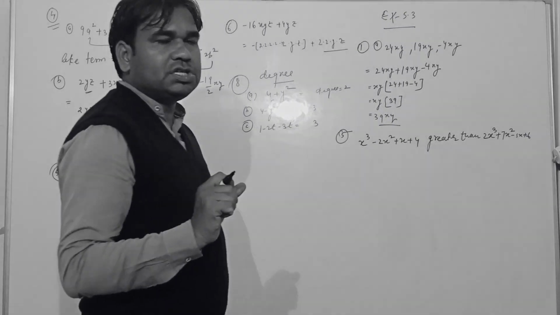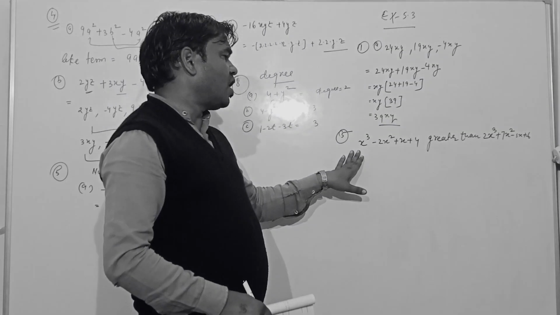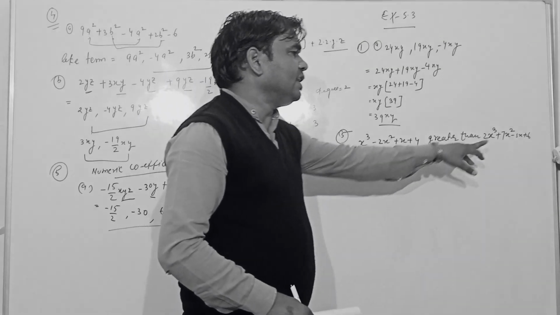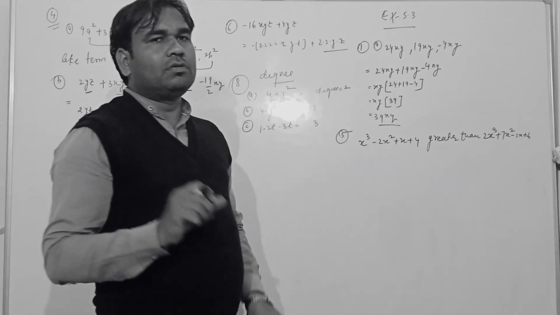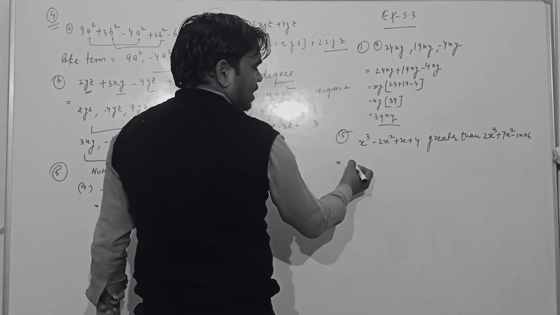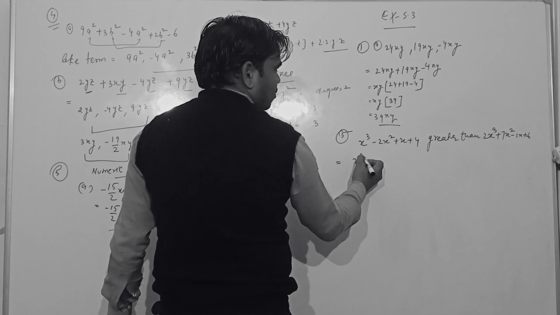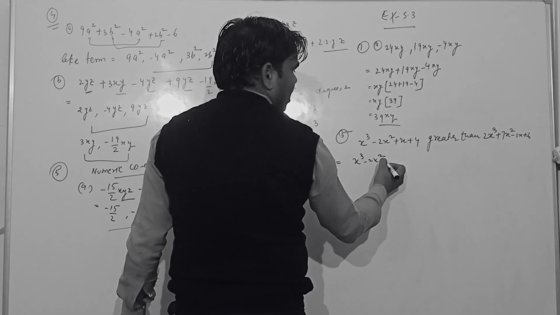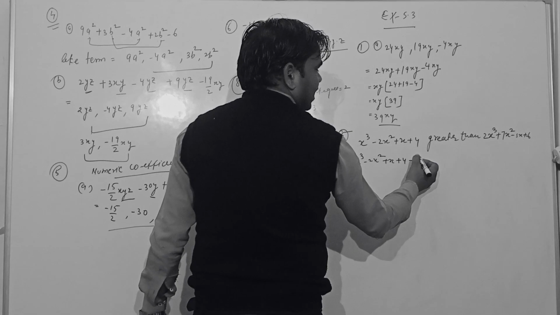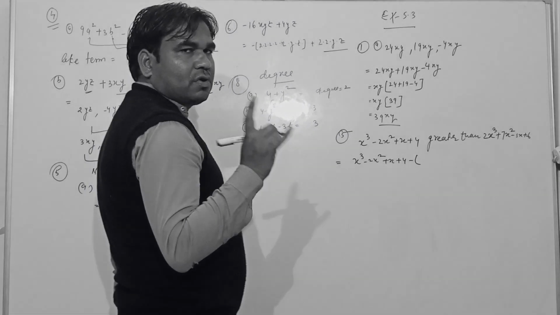So here you see, students, in the question, how much is this greater than this number? We talk about subtraction, how much? So x cube minus 2x square plus x plus 4, and we make subtraction, and before going to subtraction,